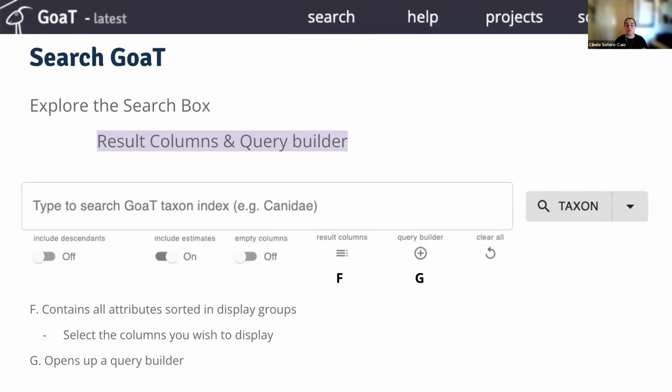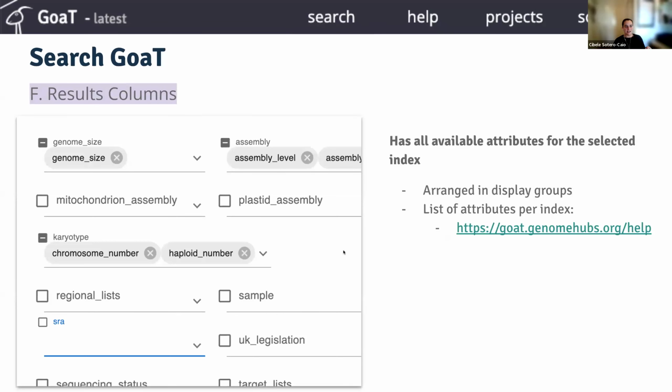And for those that don't like just typing on this search, because the terms that you use in the search box are very scary for someone that is not used to databases, right? So we have here the result columns where you can select which columns you want to display. That's straightforward. But if you click in here, you'll get all of the possible columns by category.